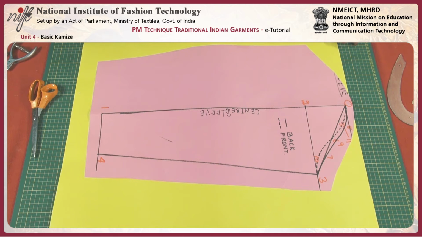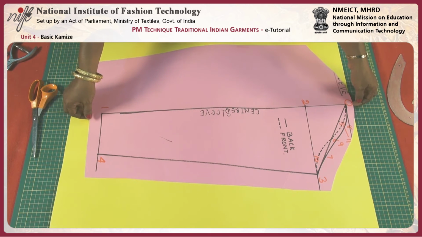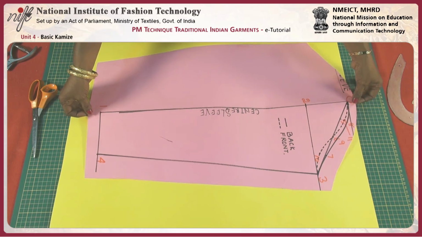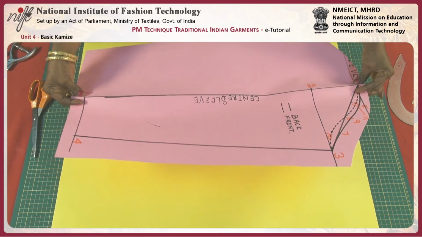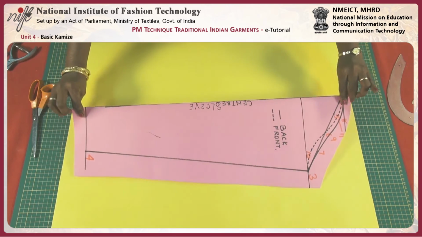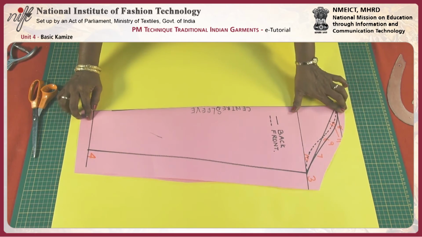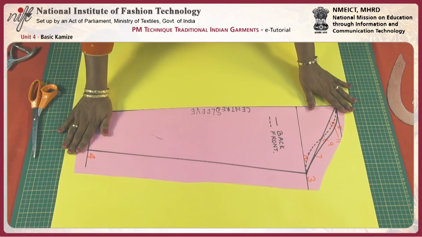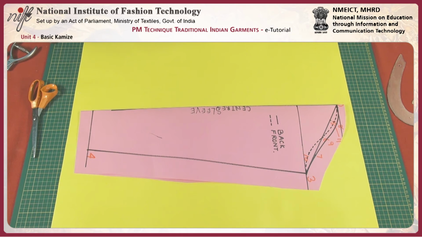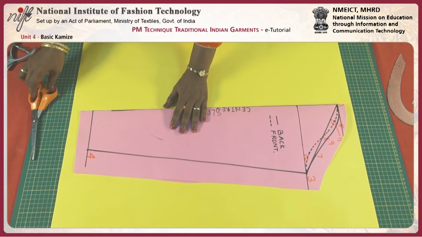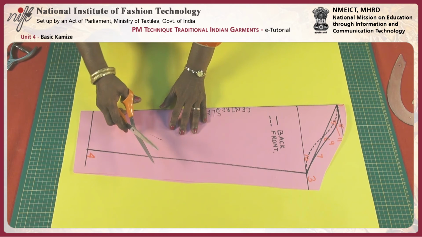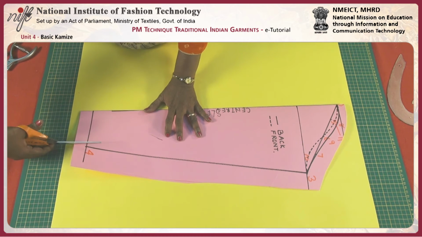Stop. Now we are going to cut the sleeve. First make a fold on the center line from 0 to 1. Make the fold and keep it flat. Then start cutting the side seam line,